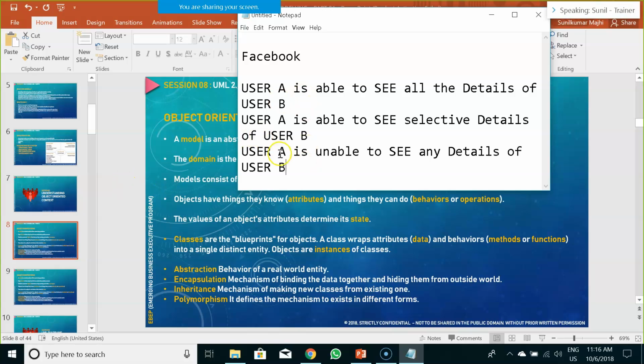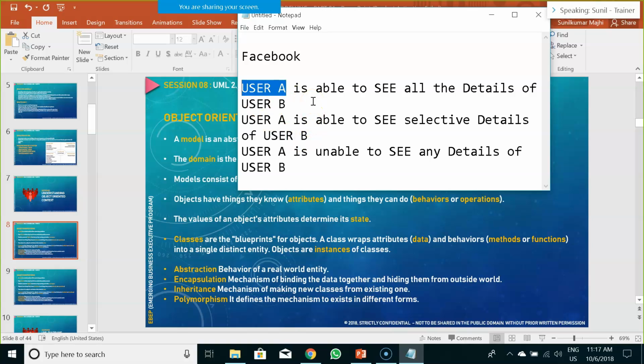So essentially, these are all examples of encapsulation. If you go by the definition, encapsulation is the mechanism of binding the data together and hiding it from the outside world. So it's up to you how much information you expose for a particular object. Now user A and user B are objects of the user class in the Facebook context.